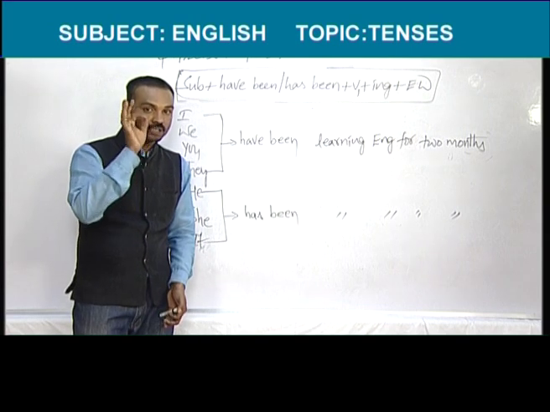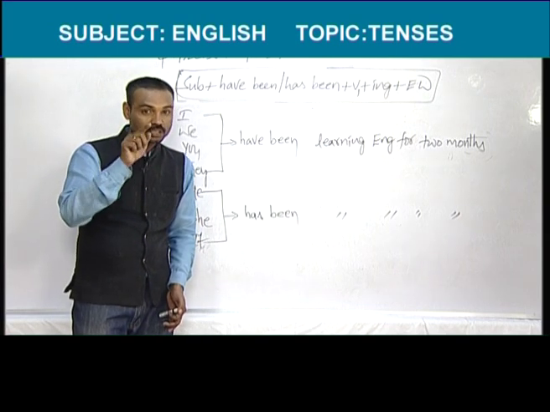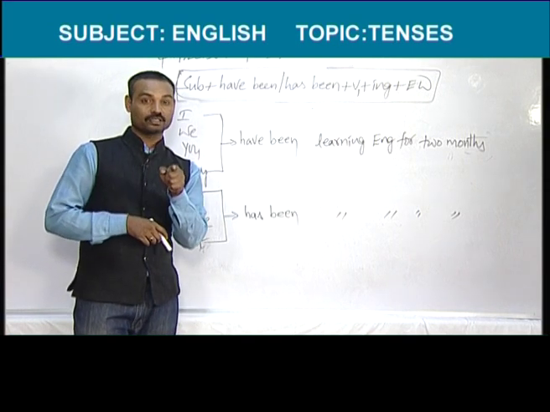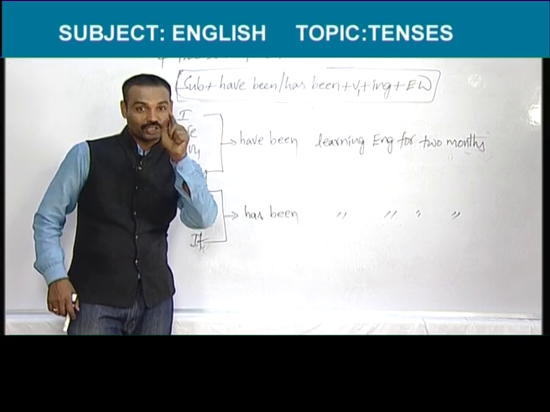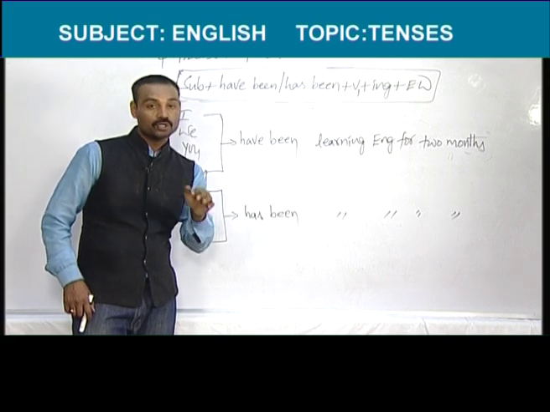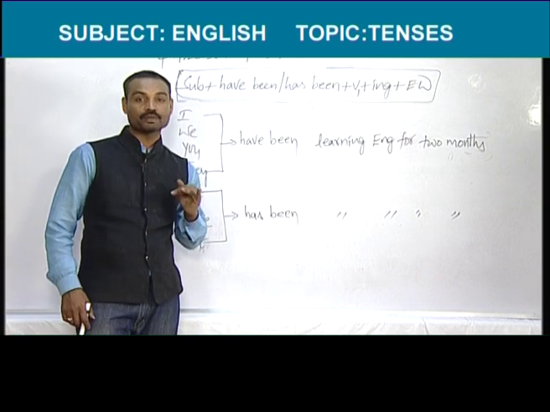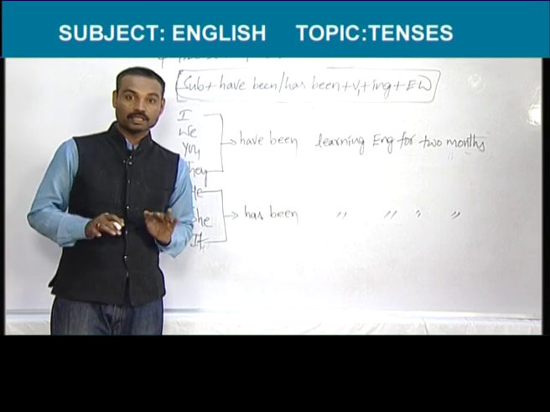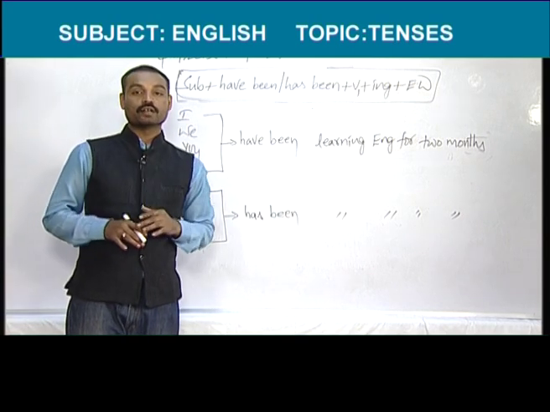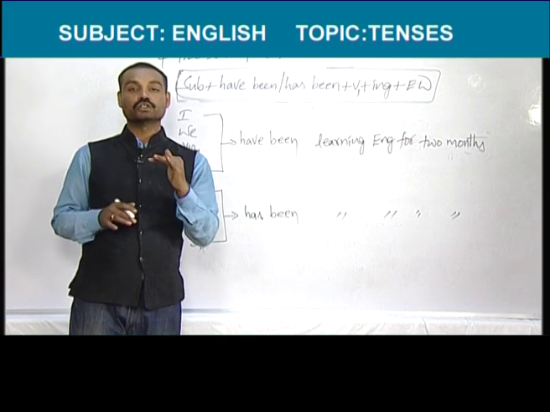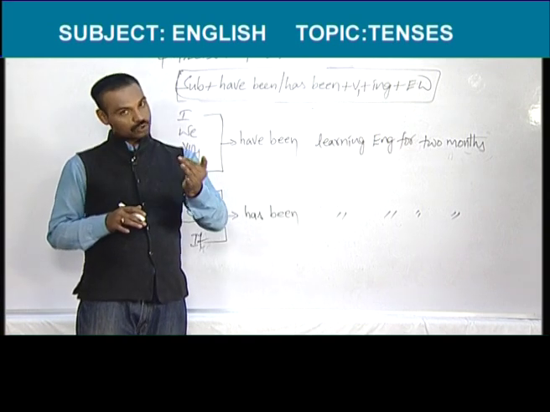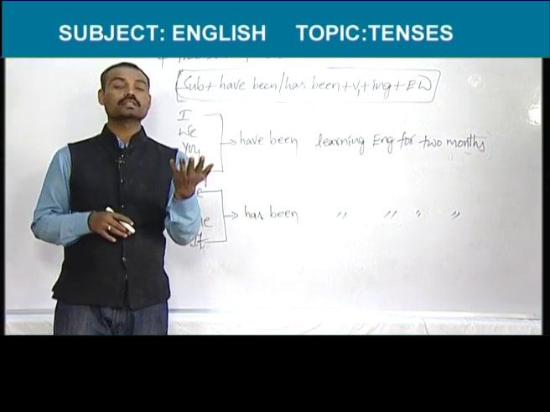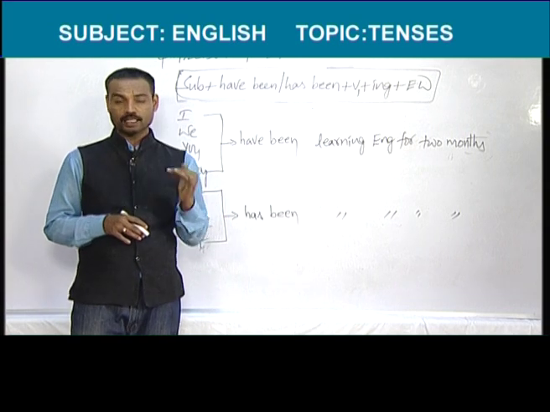2 months ago, you started doing one work. You are still doing that work which you started in the past. To tell such works, the work which was started in the past, that should be going on even now, you should use present perfect continuous tense. So, how can you say that? I have been learning English since January, or I have been learning English for 2 months. So, here two keywords are there, since, for, and another one is how long. These are the keywords of present perfect continuous tense.